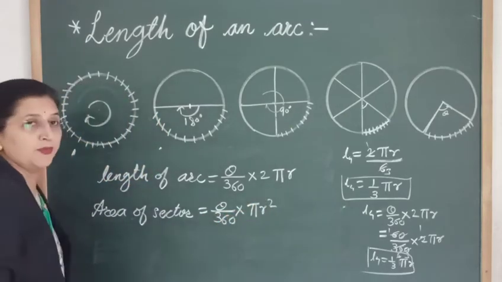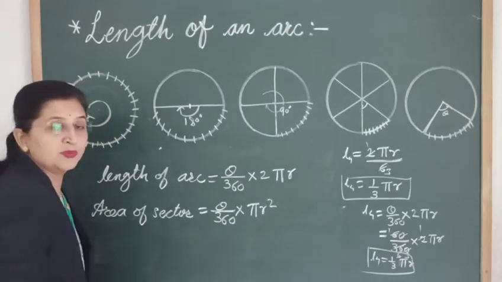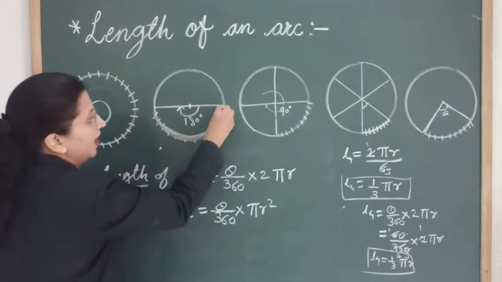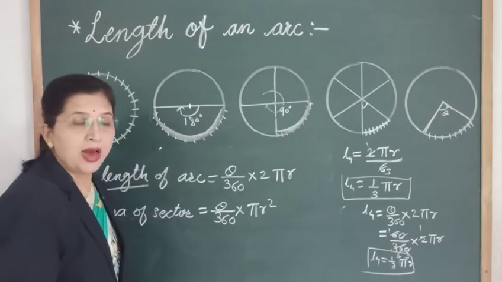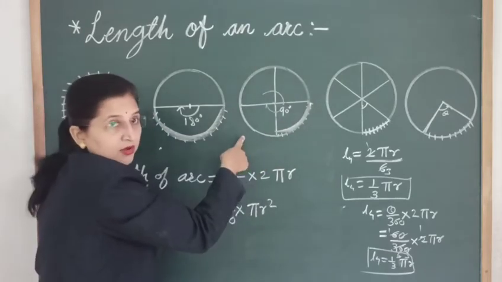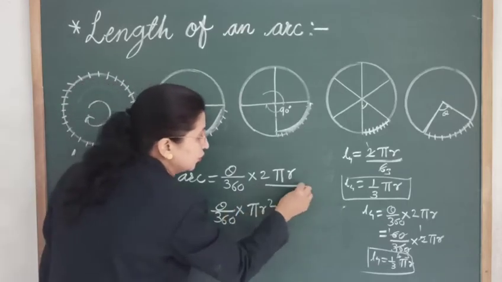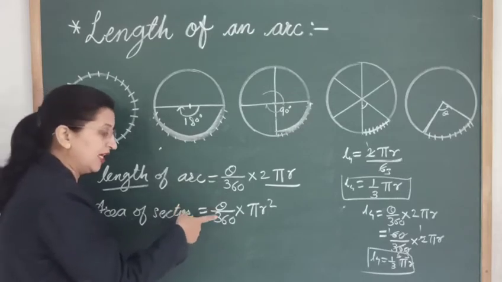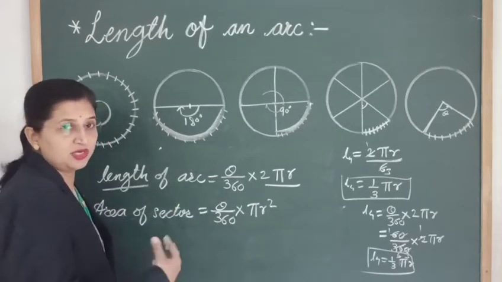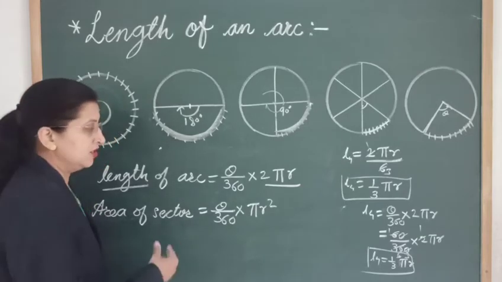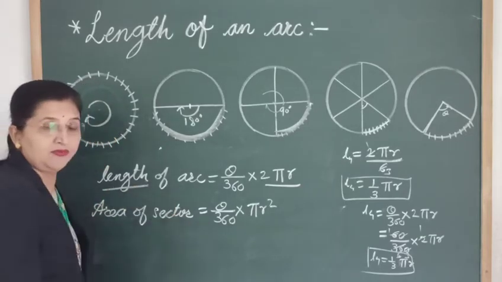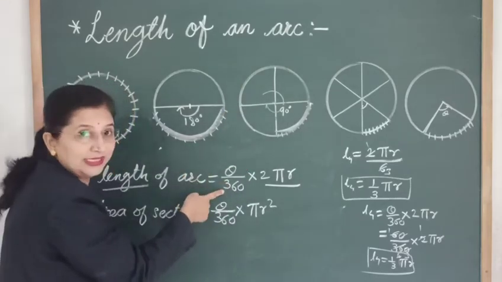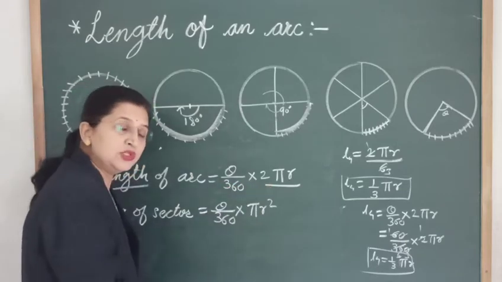Okay. So dear students, please try to differentiate both of these formulae. This is the length of arc, which is the part of circumference. Okay, so here there will be 2 pi r. You can see here theta upon 360, here also theta upon 360. Generally the students get confused while writing the formula. So it's very simple. Length of arc is the part of a circumference, that's why theta upon 360 into circumference, that is 2 pi r.